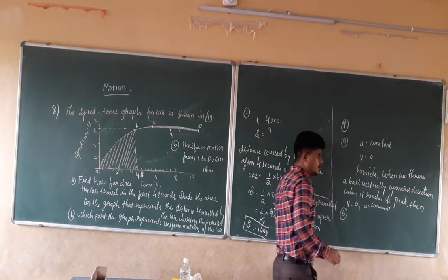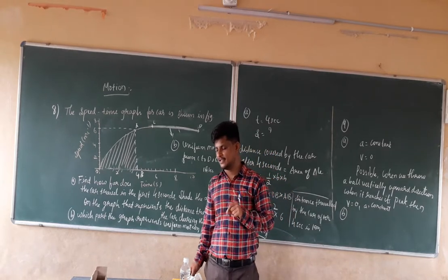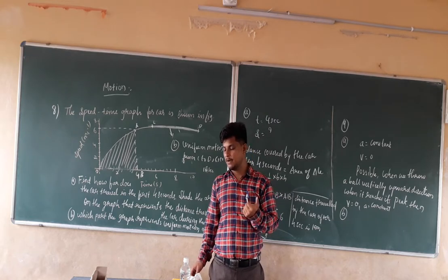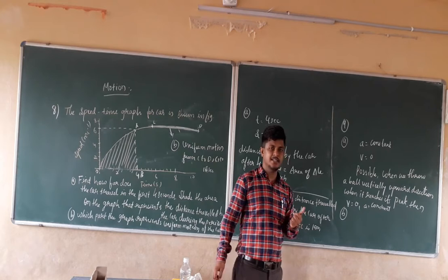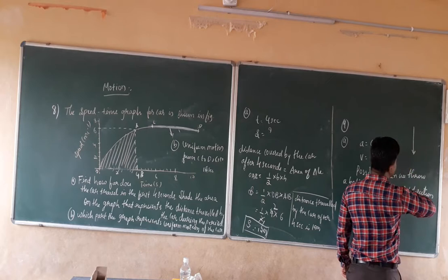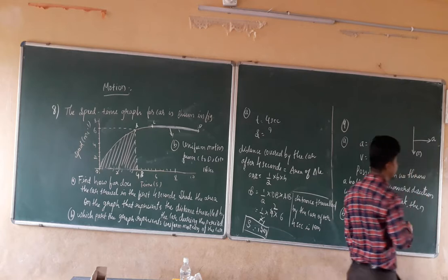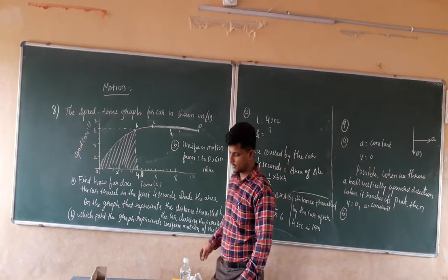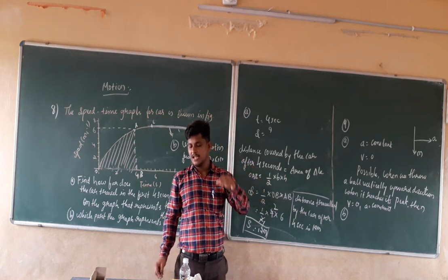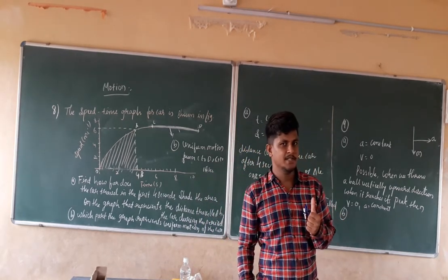Next, the B answer. What is the B question? An object is moving in a certain direction with an acceleration in the perpendicular direction. The problem statement only says that if the direction of the motion is in this direction, the acceleration will be in this direction. This is the direction of the acceleration, and this is the direction of the motion. Is this condition possible?